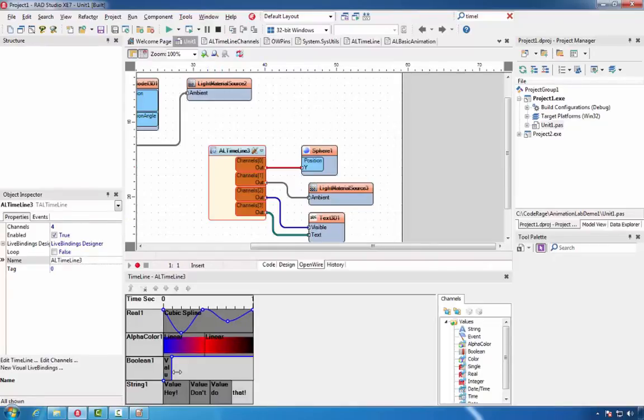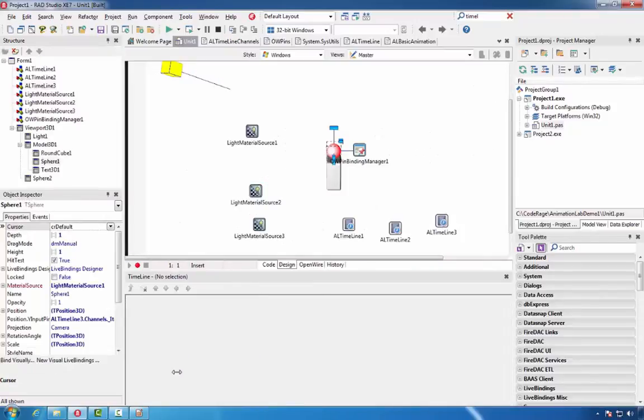We'll disable the timeline, select the round cube, and add on-click event on it.